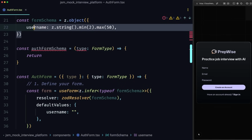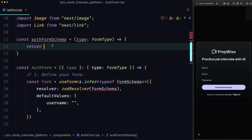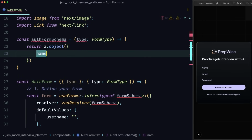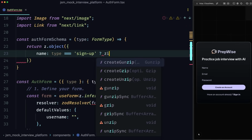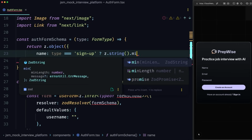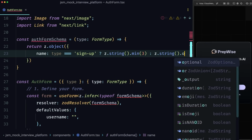But now I'll remove this form schema and we'll make this one dynamic. So I'll return a z.object that'll have a name, and the name will depend on the type that we have. So if the type is triple equal to sign-up, well, in that case, it'll be a z.string().min(3) characters. Else, it'll be a z.string().optional(), because we don't really need it on the sign